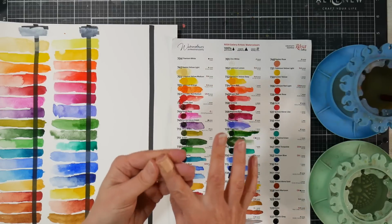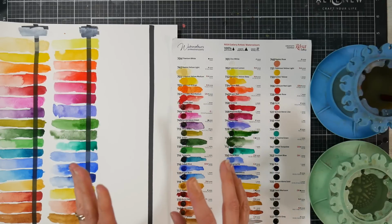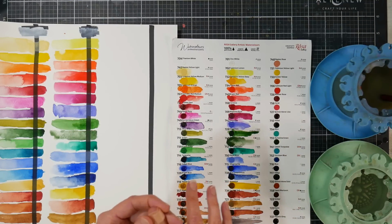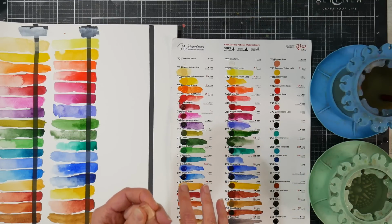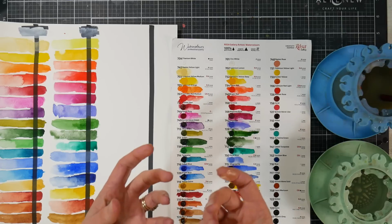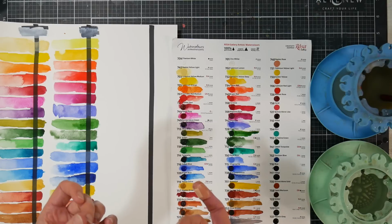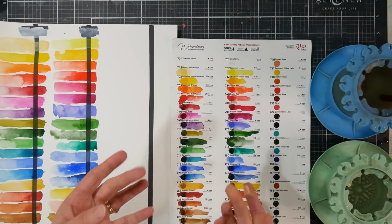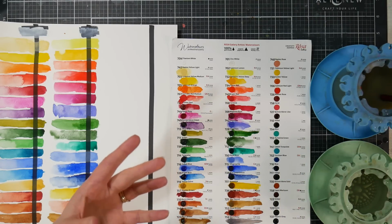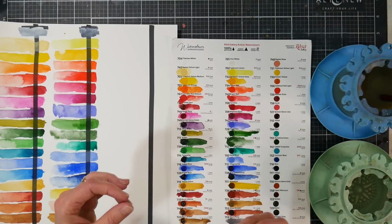Okay, so story time. I was looking for a tube of chrome oxide green. I know I have some because it's come in sets before, and I found a tube of Renaissance chrome oxide green. I opened up the tube and it had some binder separation, which is not a surprise because that happens quite frequently with granulating pigments, and especially in the Renaissance line because they have a lot of binder in them. And so I went to look in my junk drawer for a toothpick, and I cut